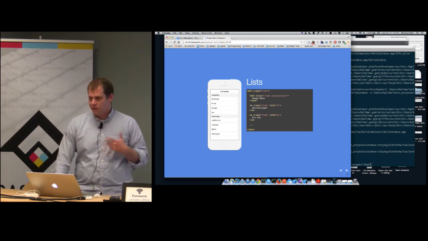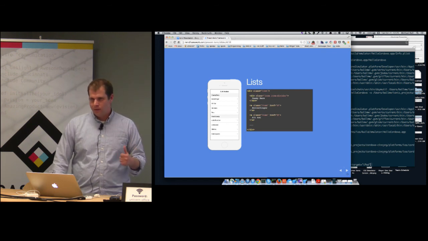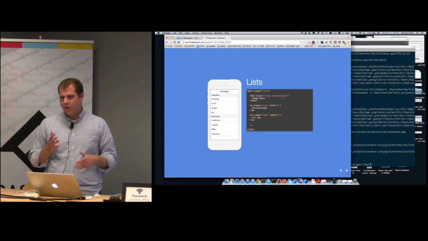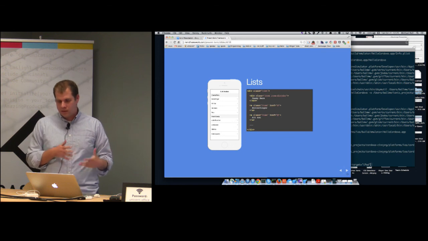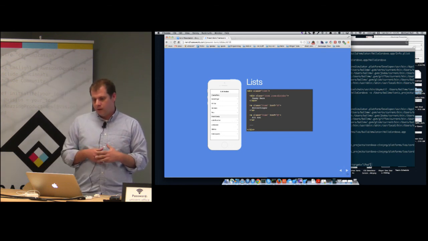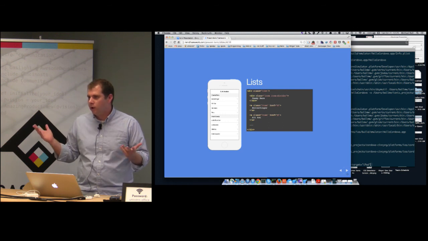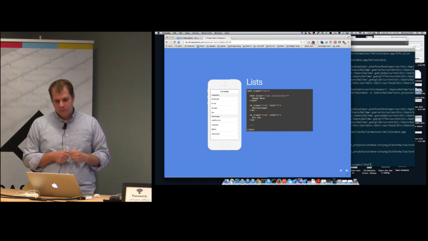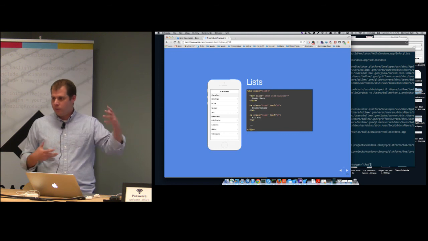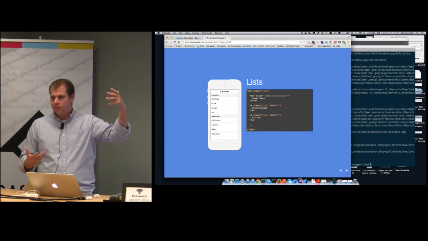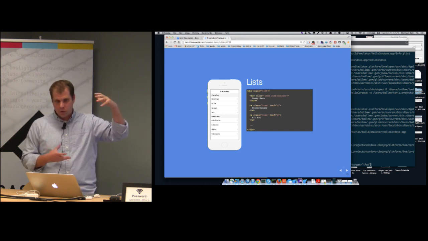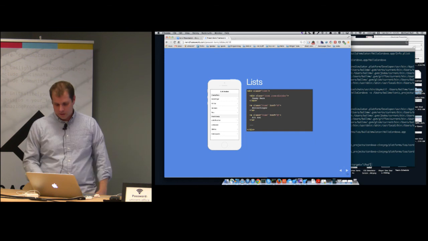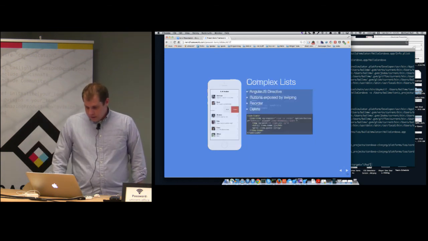It actually has, instead of ng-repeat, this thing called collection repeat. And so if you've ever done the table view stuff on iOS, what it does is for every row it calls you and says, well, how tall do you want it to be? What goes into it? Stuff like that. It does a similar thing. It will say, okay, I'm going to show row 31, how tall is it? Because it does that, it can determine what's in the scroll view and trim the DOM to use as little DOM space as possible, so that you're only actually rendering out what's in view, and that's really, really fast. So is that essentially what